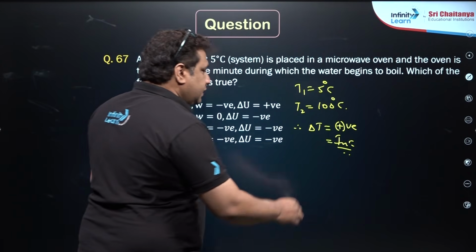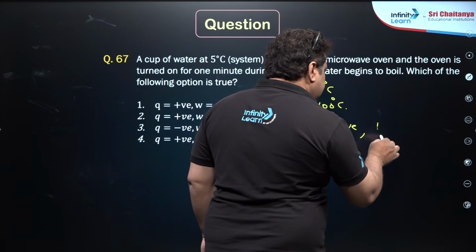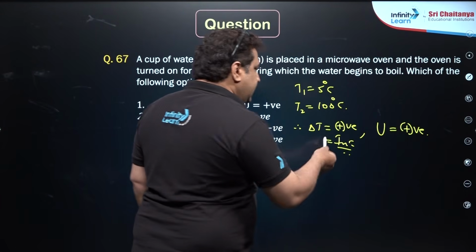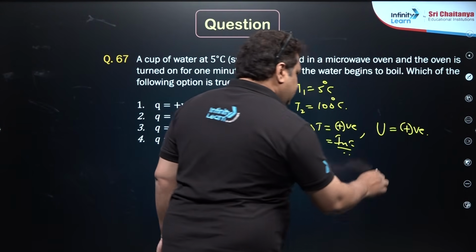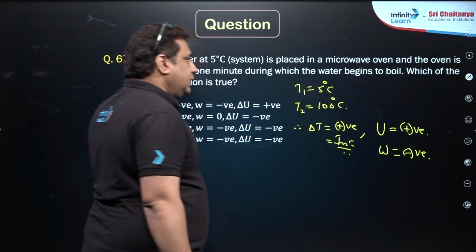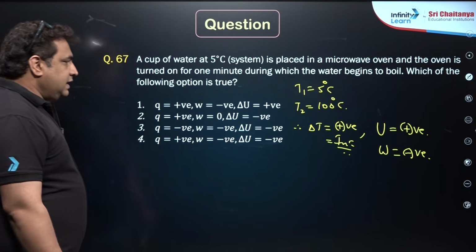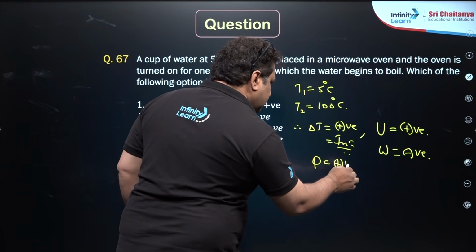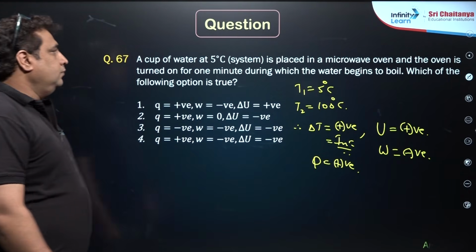So, everybody can see when T increases, then internal energy also will become positive. So, T increases, U increases. U increases, the relation W will be negative. And obviously, heat is absorbed here, so Q also will be positive. Next,